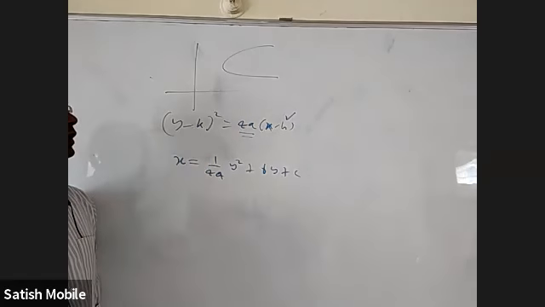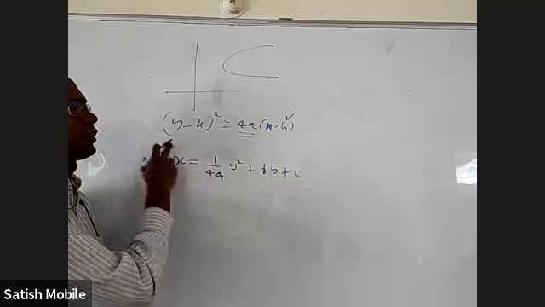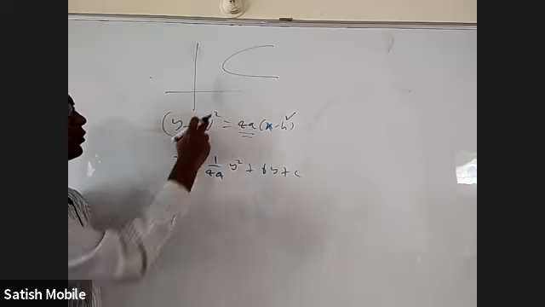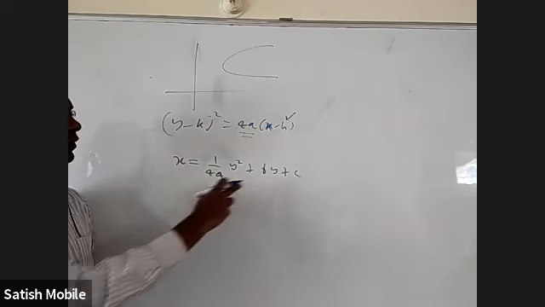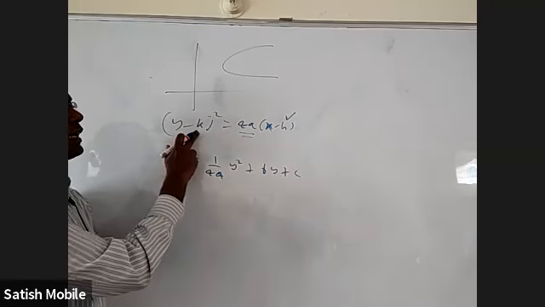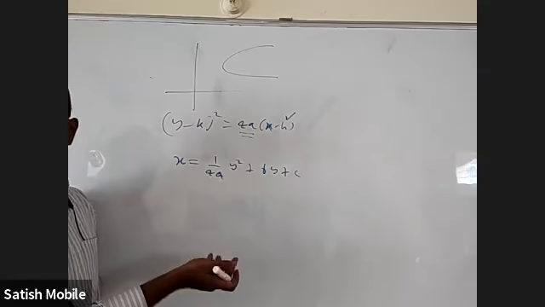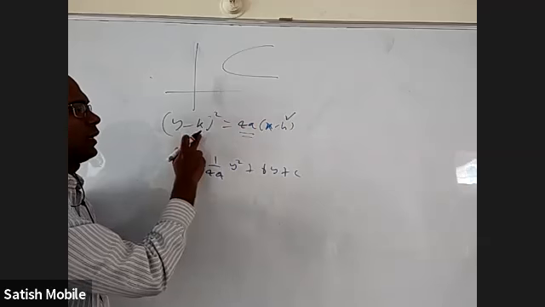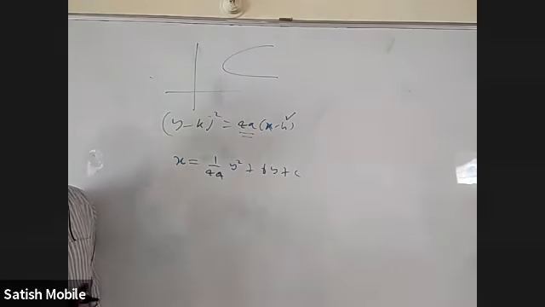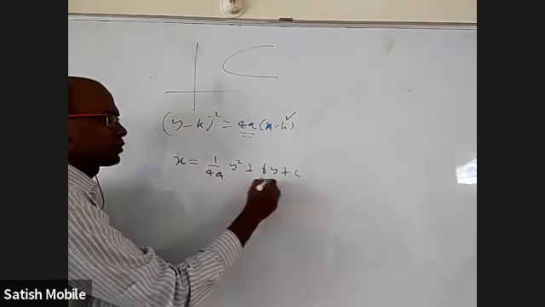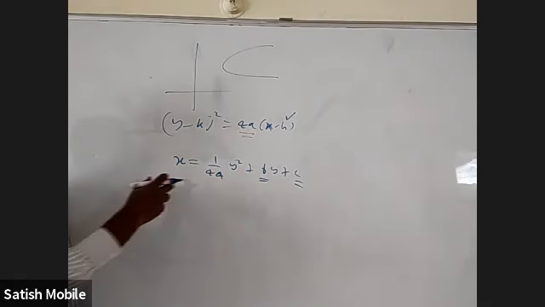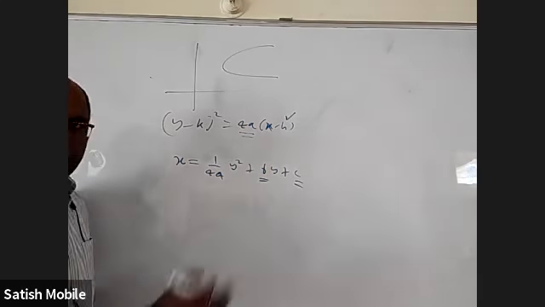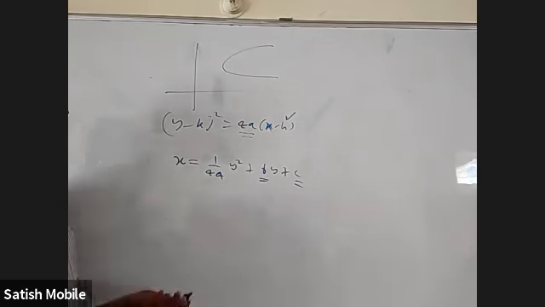These two are the same. After all, when you divide by 4a, the y square coefficient will come as 1 by 4a, or not? The y coefficient is some constant which includes k and 4a, and another constant includes k square and h. Again, here also two variable constants. But here it is easy, because if you differentiate twice, those two will be gone. Do dx by dy, don't do dy by dx.